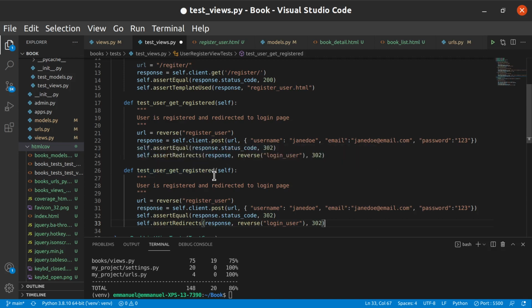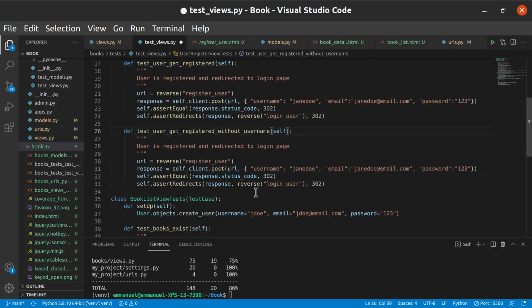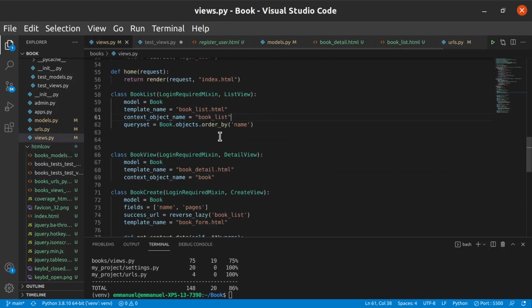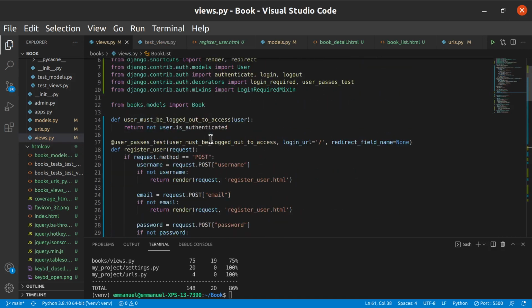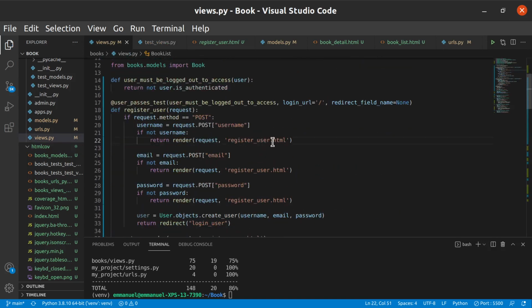Test user get registered maybe without username. I won't put the username, so I'll just come here to the username and leave an empty string. This one says if at all the username is not there, that means it should render